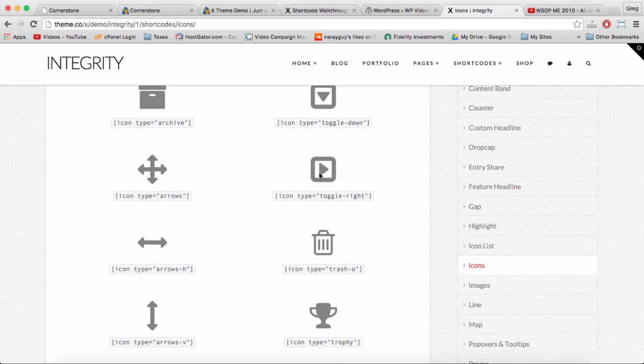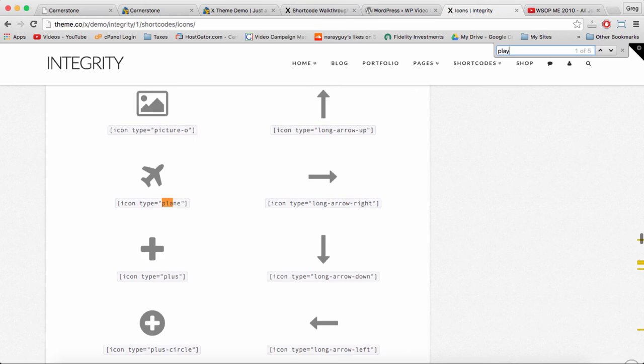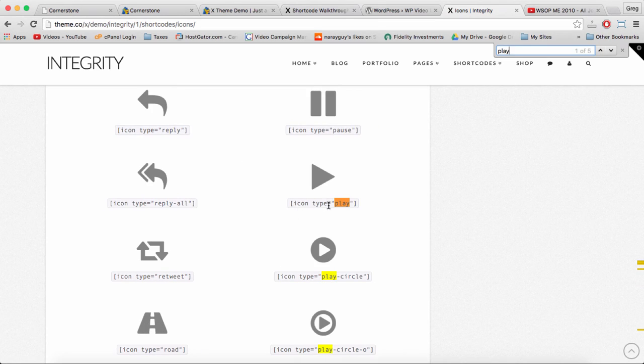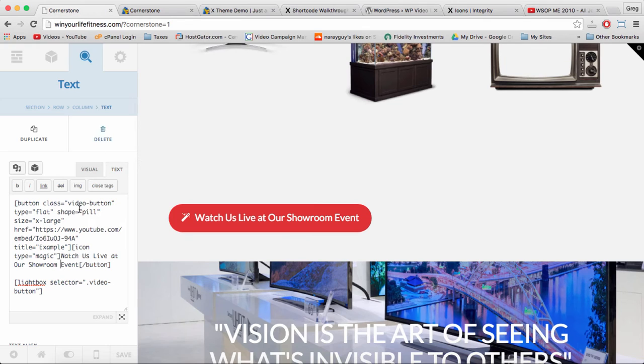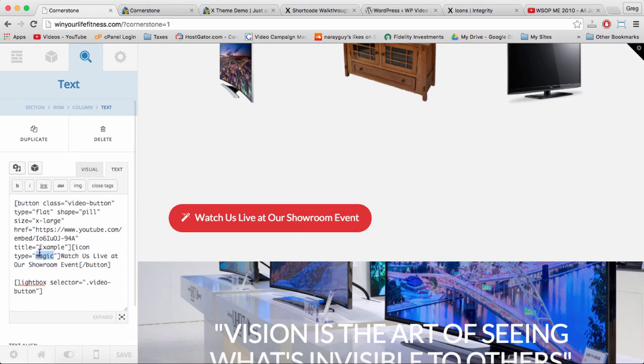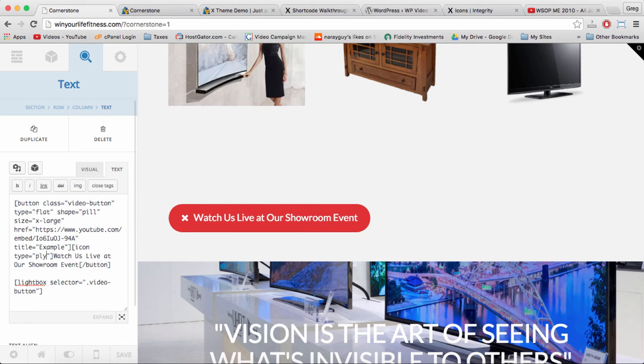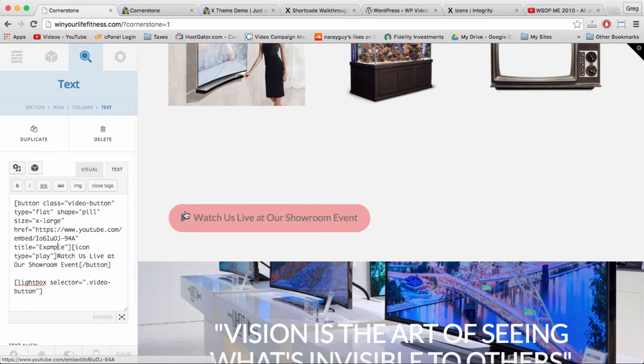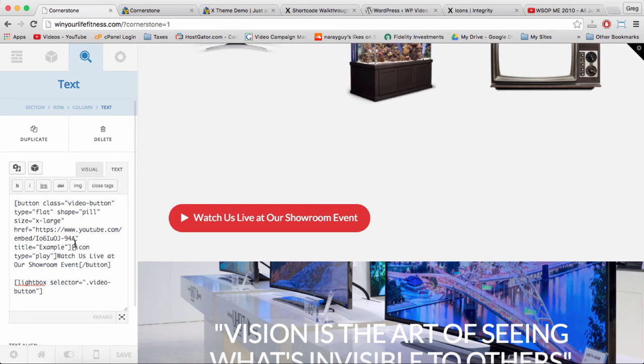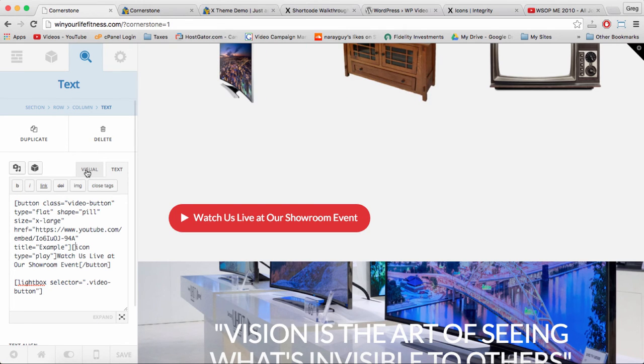I like something simple like a play, and I think if we look up play, we'll get icon type equals play or play circle. Either of those are perfect. Let's just keep it simple with play, and our icon should change automatically. Alright, great work. Now lastly, let's just go to visual,